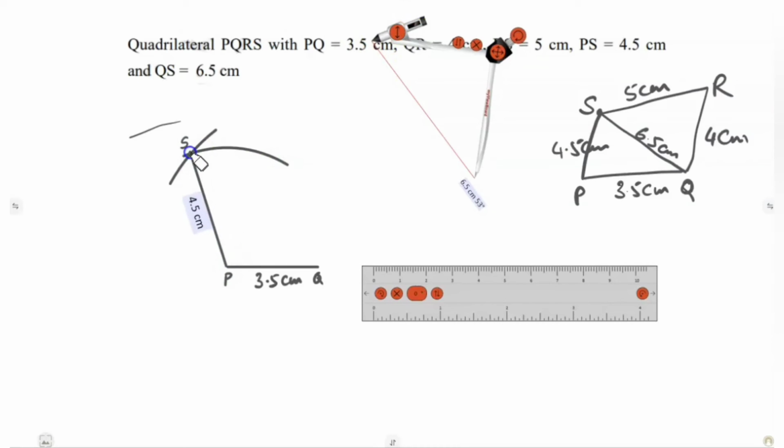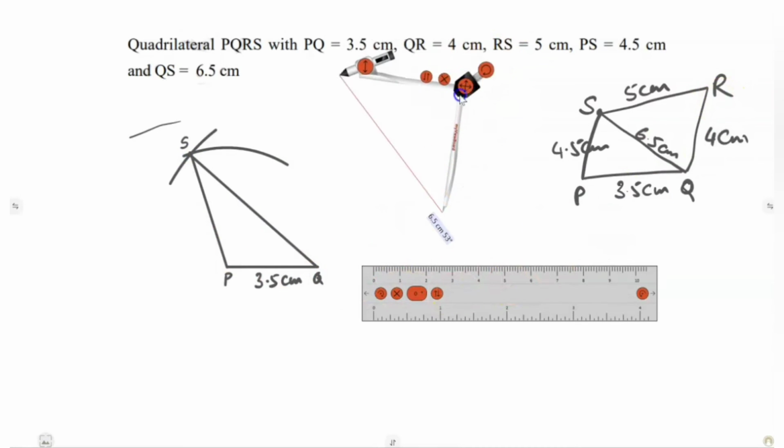Next, join P to S and Q to S. PS should be 4.5 centimeter. Yes, it is 4.5. And also join Q to S. This should be 6.5 centimeter. Yes, it is 6.5 centimeter. Now